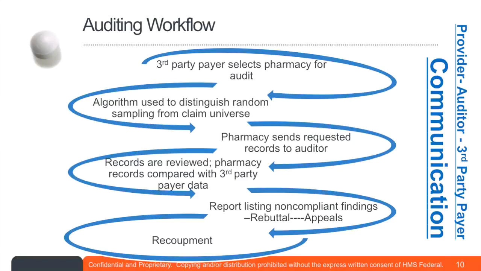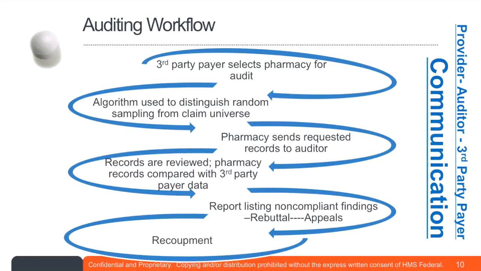When they're reviewed, the records are reviewed in a standalone sense, and then they're compared against the data that we have gathered from the third-party payer. So does it match? For instance, the third-party payer says that on claim 13, the drug Ducosate was billed and paid for, and does that match the data or the records that we get from the pharmacy?